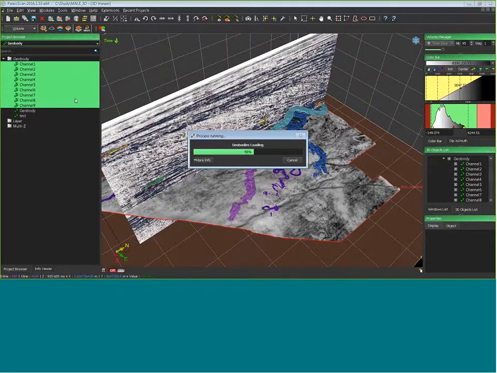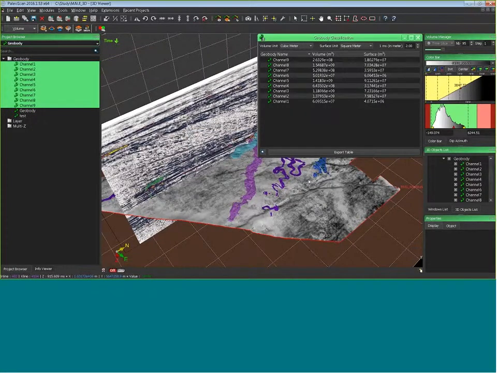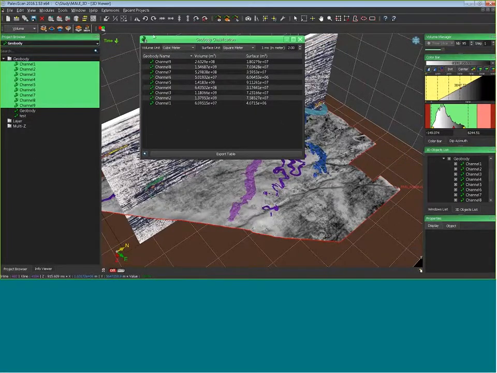If you click on geobody classification, then you have a table with all the geobodies chosen for the classification. You can sort by volume, by surface. Of course, you can change the unit. If you want to display as barrel or square feet, you can change the unit display.